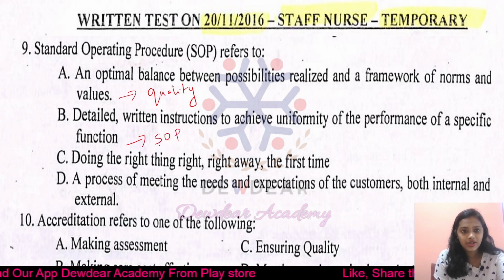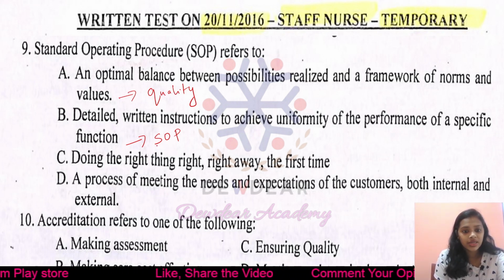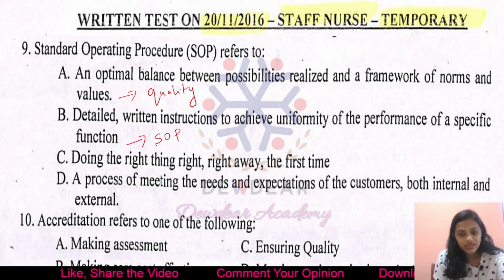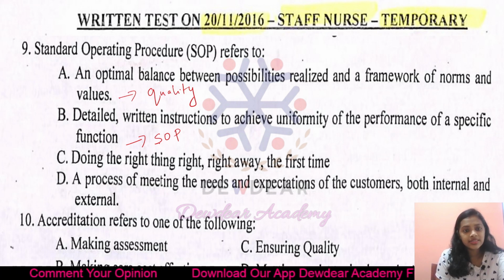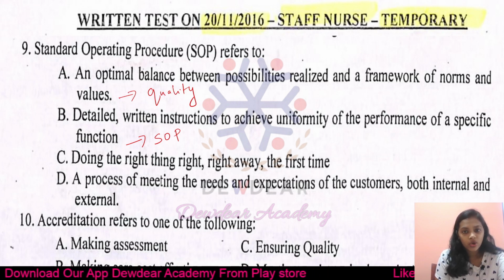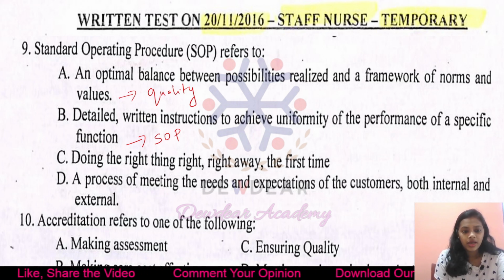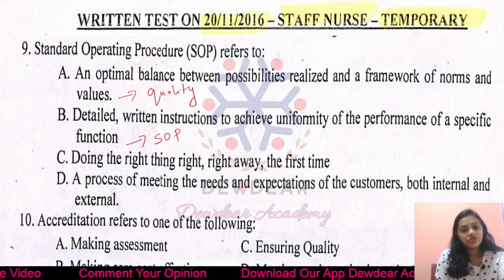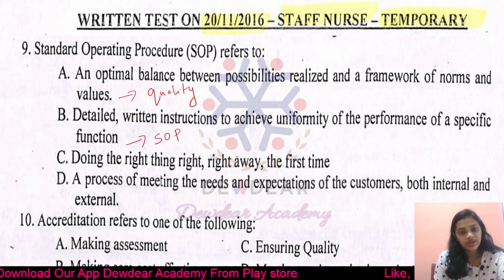They are the detailed or step-by-step instructions which are compiled by an organization to help the workers to carry out routine operations in order to achieve uniformity of performance, to minimize the variations and to promote quality. Now we move on to the third option, that is doing the right thing right way